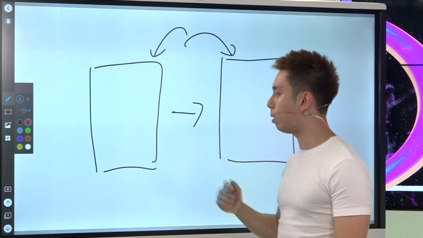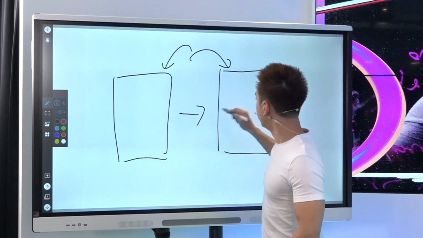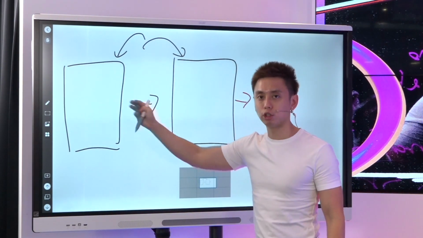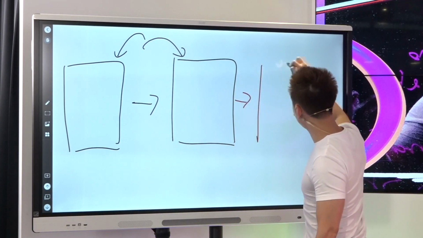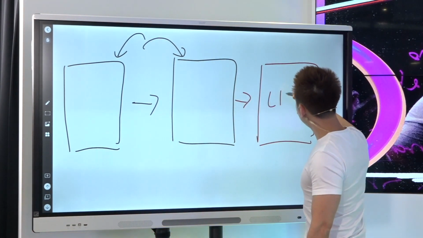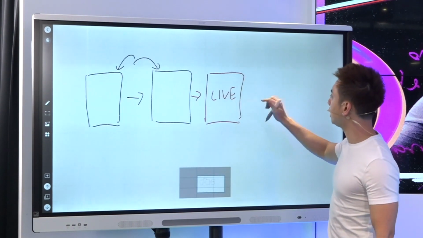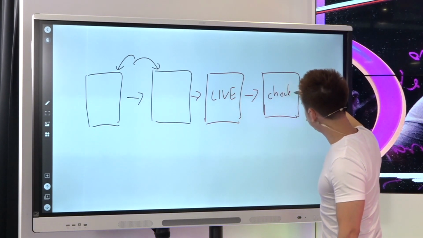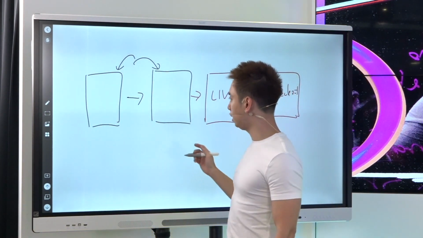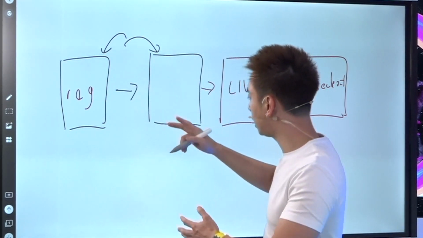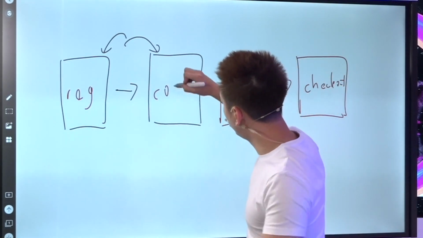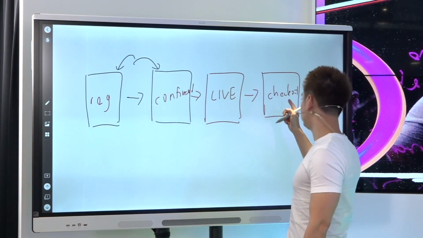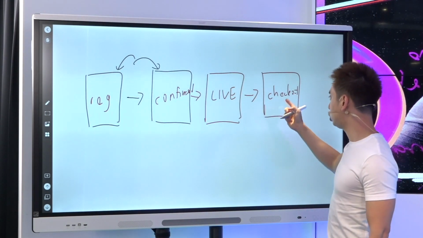So let's say it's a webinar registration page where the marketing process was to get them on the webinar registration page, and then the webinar confirmation page, and then the webinar live page, and let's say the sales process after that is on that live webinar, you make an offer and they go to the checkout page. Okay, so if you take a look at this very basic process, it's registers for the webinar, they're confirmed, they may or may not show up. When they show up and listen to the webinar and the presentation, they may or may not go to the